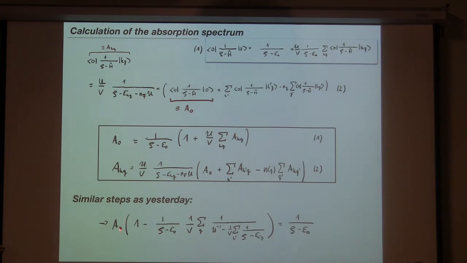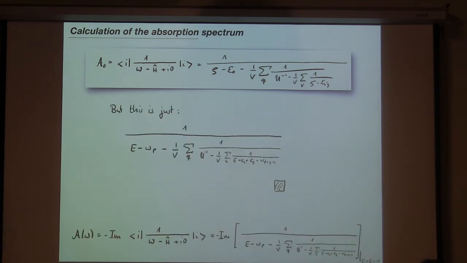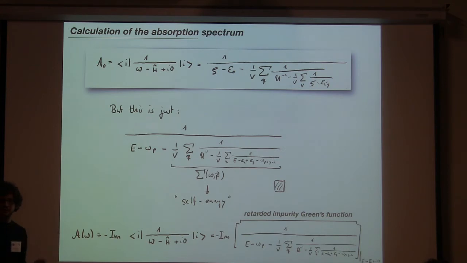We get an equation for this half, A0. We can invert it, and we get that the resolvent expectation value is this object. Well, but this object is exactly the equation we got yesterday from the variational principle. And this is exactly showing that, in fact, indeed, if you take the imaginary part of these things, you will get the full spectrum of the theory. All right. Thanks again to those who recognize this is the self energy of the impurity. So again, from this very simple basis expansion, we can get the full spectrum, although we would have thought it's just the variational principle.